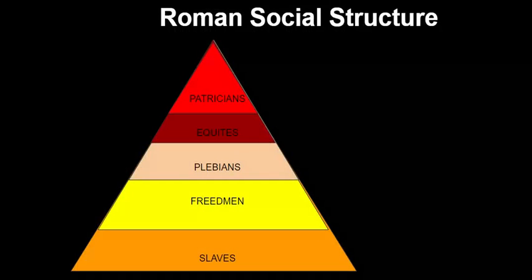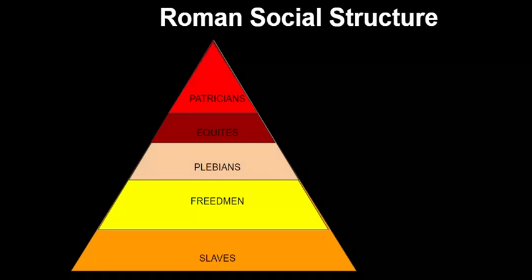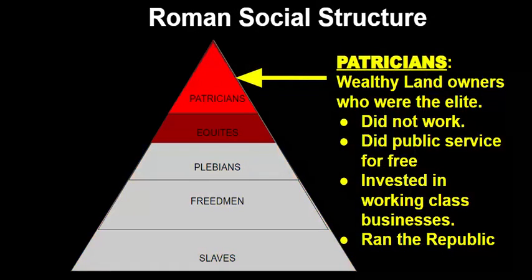So we have a social pyramid. We've looked at these before. We've got it for this one here too. There is a 5-level social pyramid for the Romans. First, we have the patricians. They're at the top. They're the elites, less than 5% of the population. However, they are the ones that are wealthy landowners.